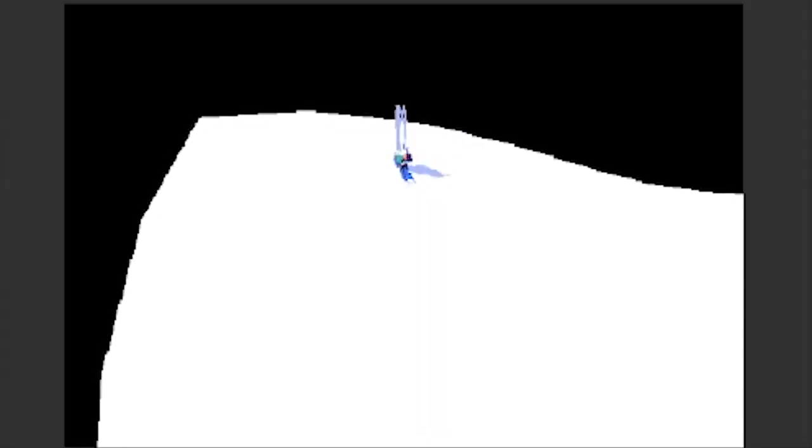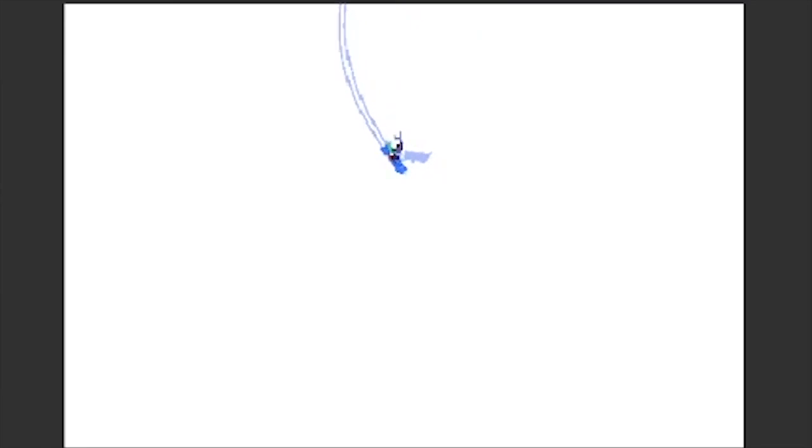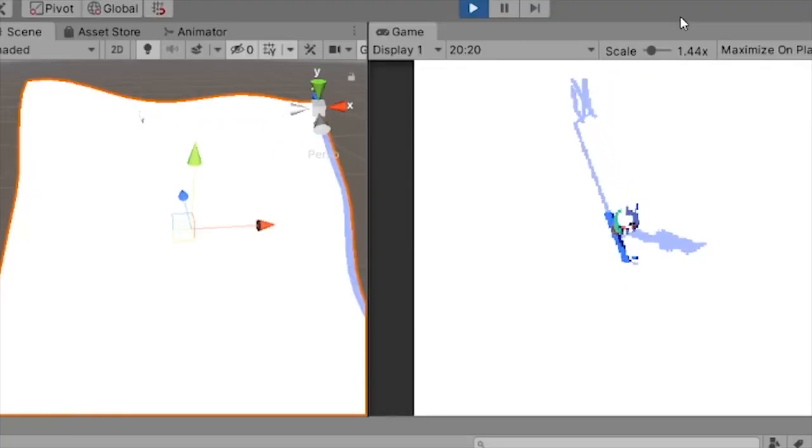So back to Bunny Hill. Last week I had him skiing, so I needed to see where he was going, so I added these trails, which help. I also added some terrain that is bumpy so that he would go down the terrain, and I also added a camera that follows the player. I added moving so I could actually ski back and forth by forcing the player to the right or left,